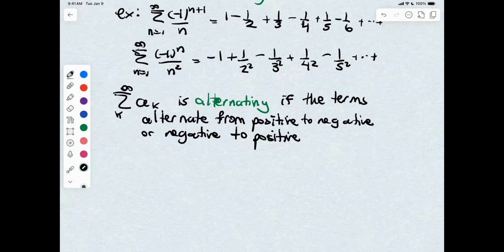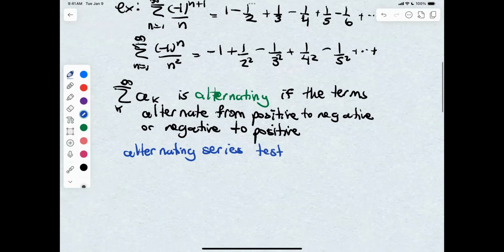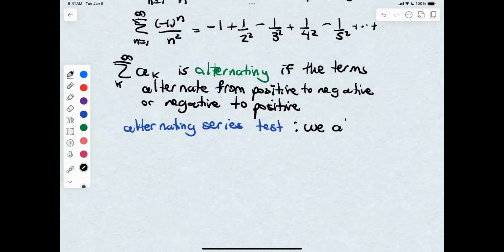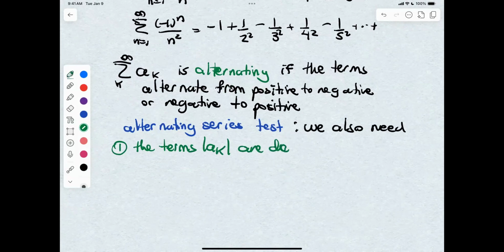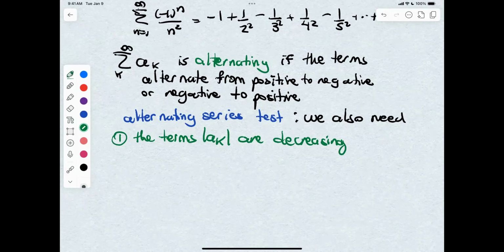So for the alternating series test, we also need that the terms you're adding, the terms in absolute value, are decreasing. And not only are they decreasing, but their limit should also be going to 0, because that's required for